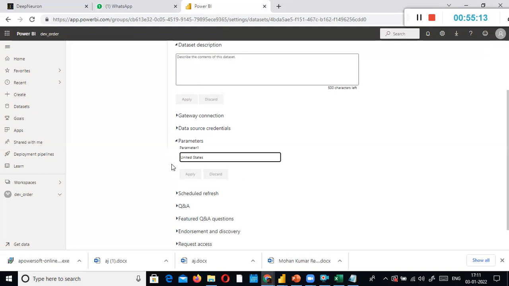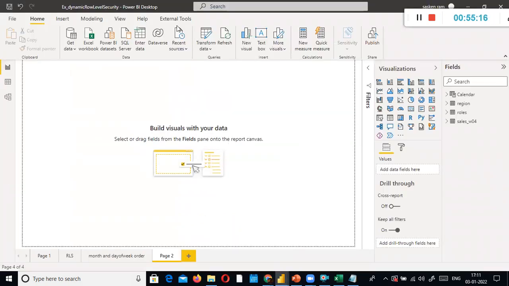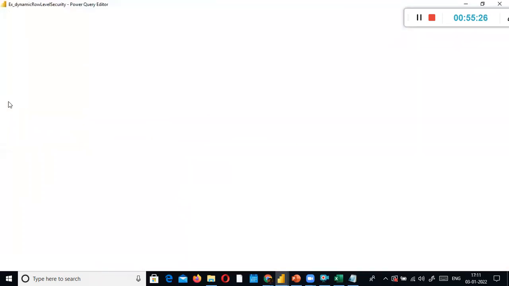Whatever you type here will get passed to your parameter. Supposing you type United States, that value will get assigned to this Parameter1. Listen very carefully.